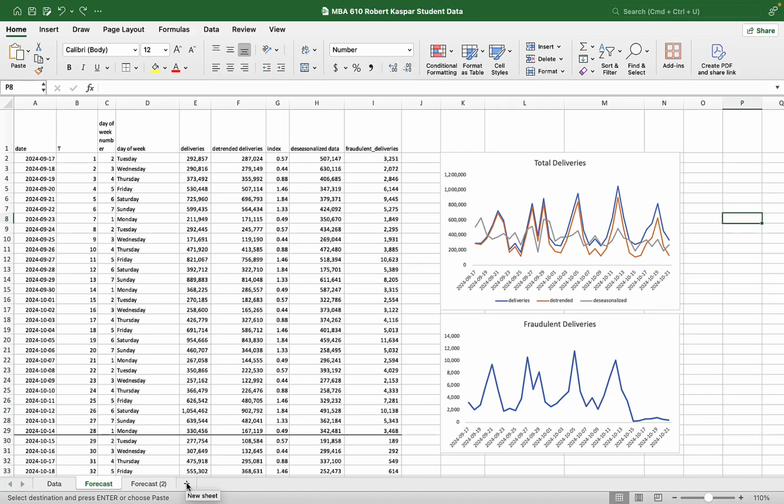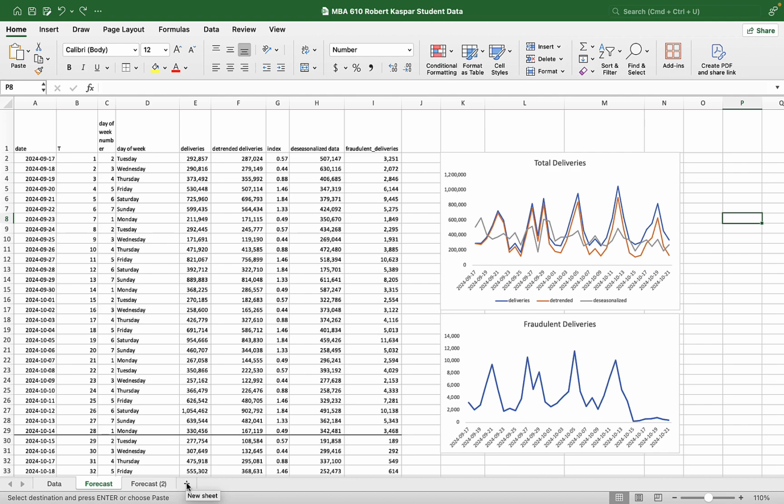Hey there, welcome back. We've deseasonalized this data, we have detrended this data, and we are ready to forecast this data. So if we've got a data series, a time series, in this case on daily deliveries by a fictional food delivery company, and if that data has had all the expected variation, the trend, the expected ebbs and flows due to days in the week removed, theoretically, all we now have is